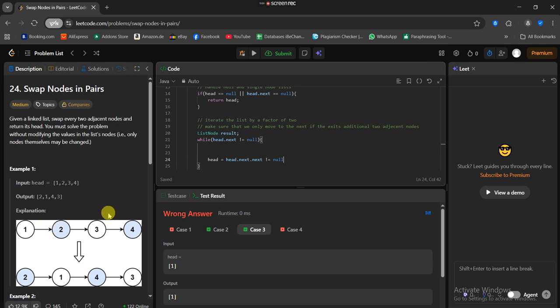I want to skip here because we're going to run some swap logic here, right? And at the end of the day I want to skip to the next one. However, I want to make sure that I only skip to this next one